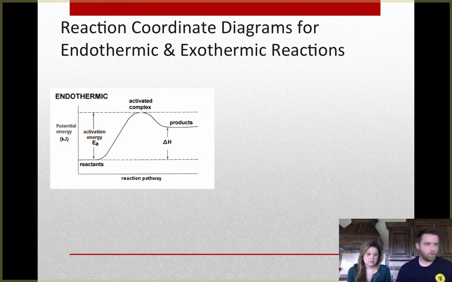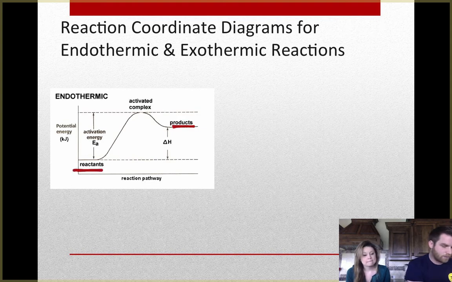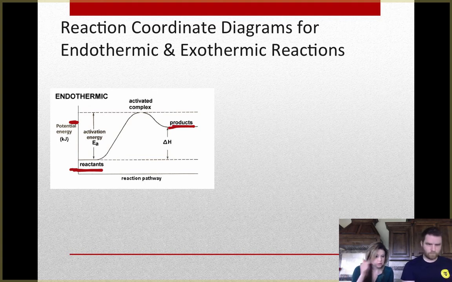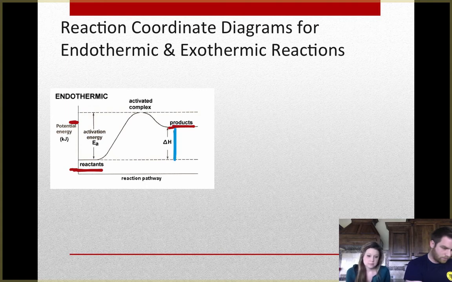So what we can see here is the potential energy is the y-axis. The reaction pathway as it moves across is on the x-axis. So what I want to point out here is this. Our reactants are right here, our products are up here. So obviously the energy of the products is higher than the energy of the reactants. And that delta H shows how much higher. So this delta H value tells us how much higher those products are than the reactants. This is an endothermic reaction because we had to add energy in to get to those